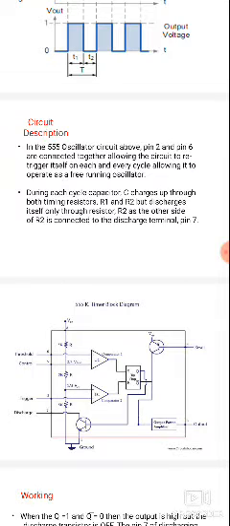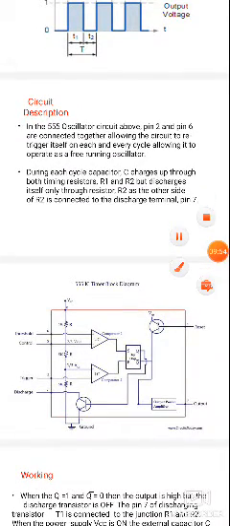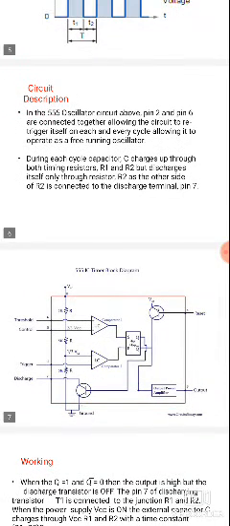Whenever the triggering input at pin 2 falls below 1/3 VCC, the state changes from low to high, and when the threshold input at pin 6 is greater than 2/3 VCC, the state changes from high to low. That is why pin 2 and pin 6 together allow the circuit to re-trigger. Re-triggering means continuously changing state, so each cycle operates as a free running oscillator. The astable multivibrator is also called a free running relaxation oscillator.